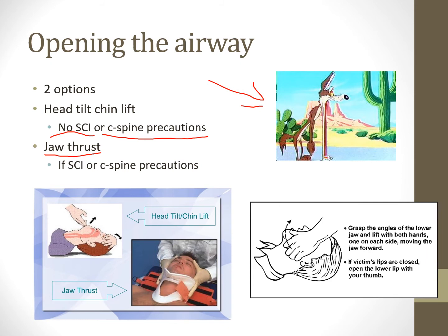So when in doubt, I would always just go ahead and do the jaw thrust, and you can use your discretion on this, but just make sure that you are checking with the care team. Does the patient have a history of C-spine injury or current C-spine injury? That's what I would make sure. So the head tilt chin lift, we're going to tilt the head back, open up the airway. The jaw thrust is where you put your hands underneath the mandible, the back part right below the chin, and you just push up,